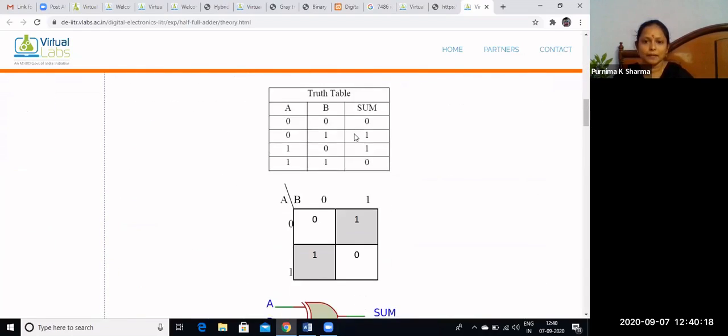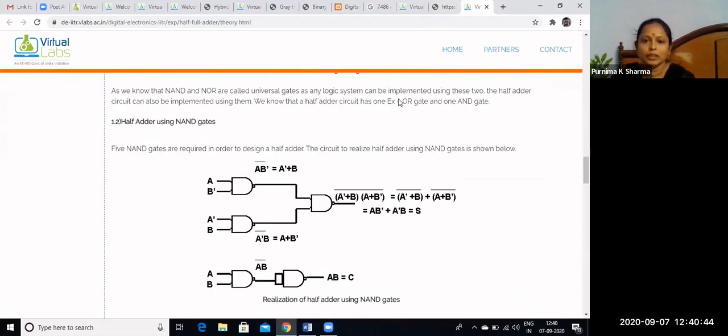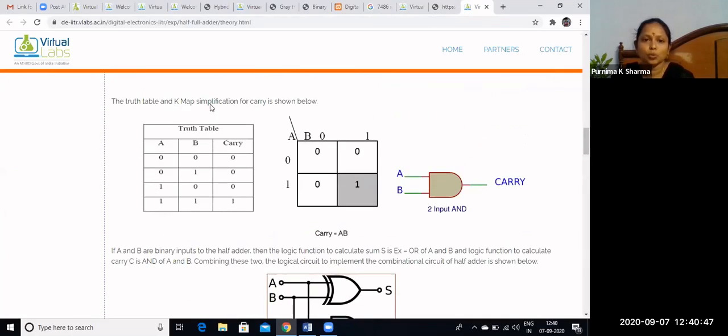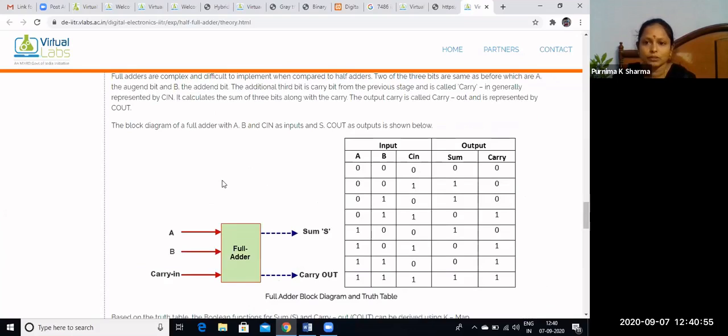Generally, we can connect the half adder using this circuit. See, A and B we are giving to the XOR gate, and the same A and B we are giving to the AND gate. We are getting the sum output at the XOR gate, and C is the carry we are getting from the AND gate. The same thing we'll observe here. This is the truth table of the half adder. That means when 0 is given, carry is 0, sum and carry both.